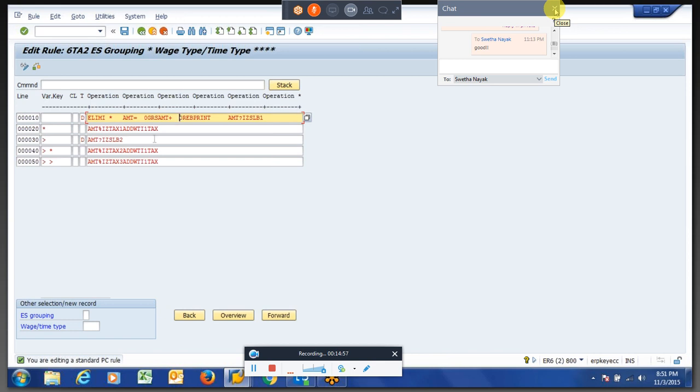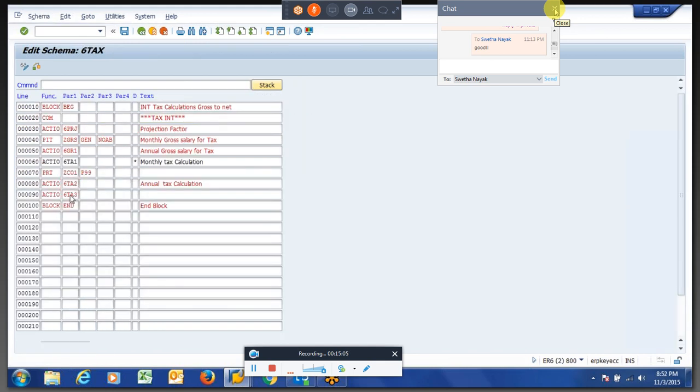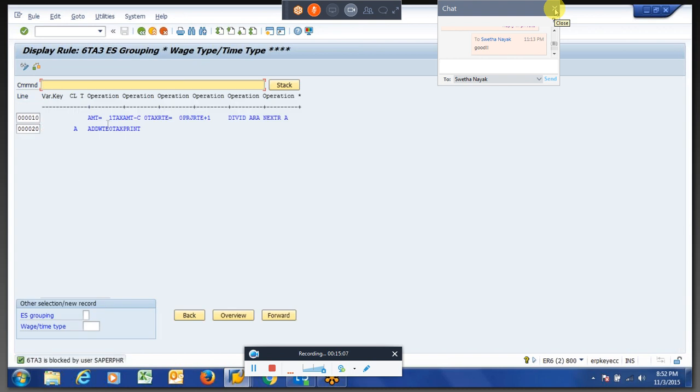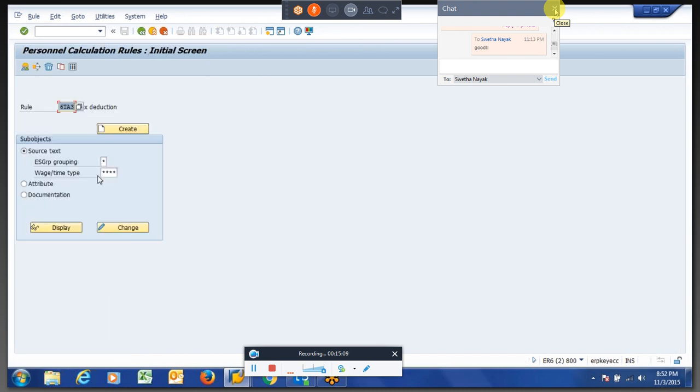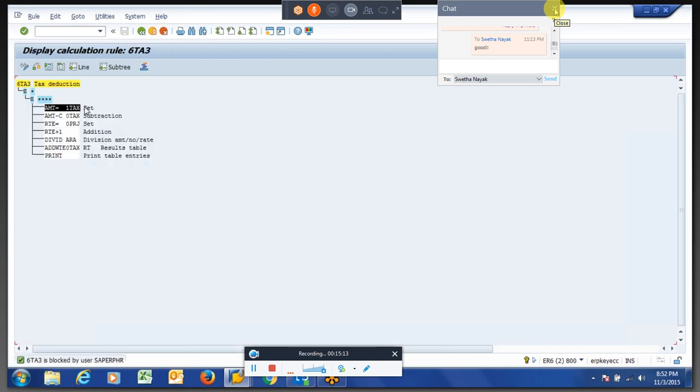Right, it is calculating basing on his gross amount, whatever we have written. See what this PCR is doing. Okay, this is for the net calculation.